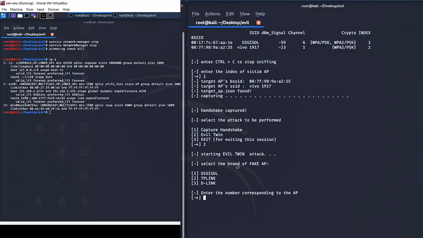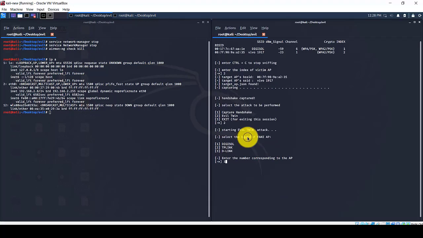And now we have to select the brand of the AP, and based on our selection our login page will be hosted on the Apache 2 server. And now it is starting the Apache server, and if you have implemented SSL then you will have to enter the passphrase, and after that it is configuring hostapd, and like I said before, we do not have to do it manually. Alohomora will be doing it for us, and after configuring it, it will create the fake AP and then